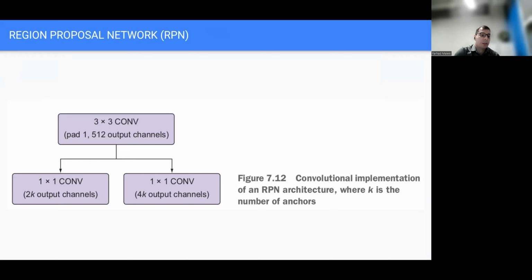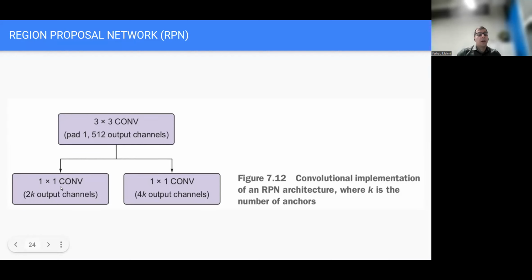So, more on region proposal. As mentioned, it is built on convolutional networks. In the paper, they used 3x3 convolutions, meaning the kernel size was 3, with padding, and the number of output channels was 512, in one convolution layer. Then the output of this was fed to two branches.